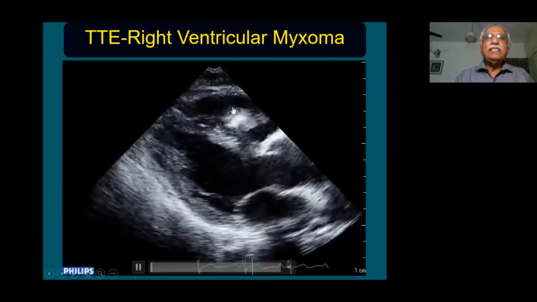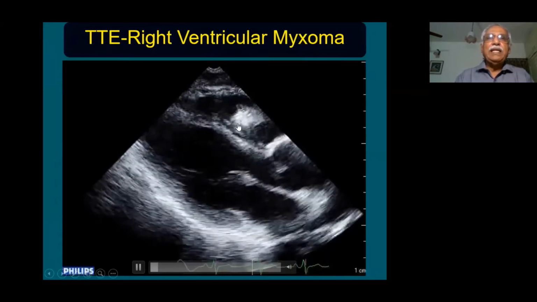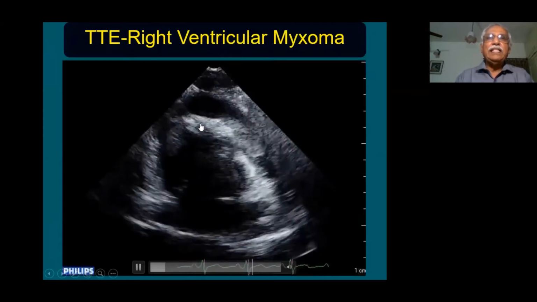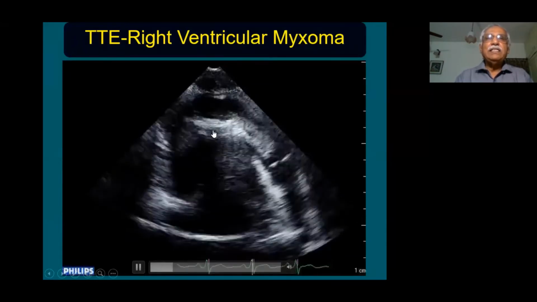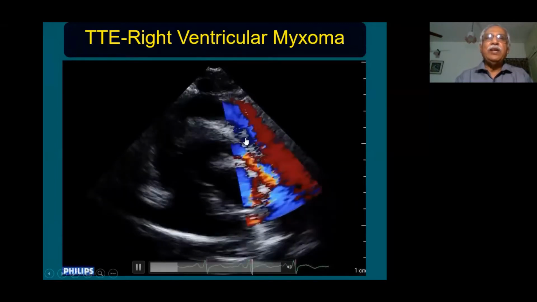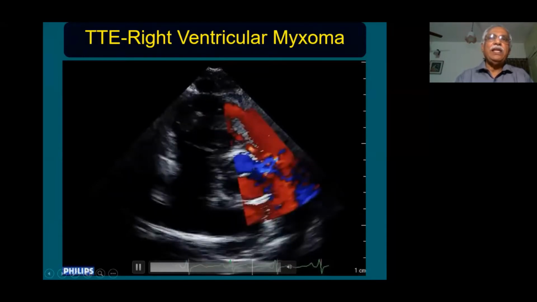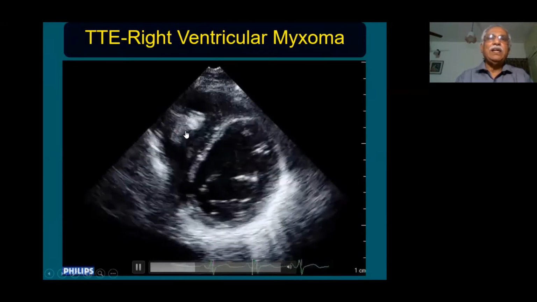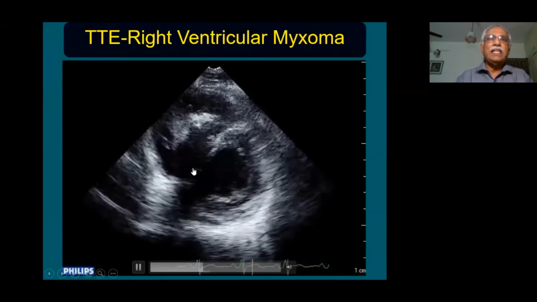There is another mass inside the right ventricle. The mass has got a bright central portion, indicating that the mass is calcified. So the calcification of the mass tells you that it should have been present for a large number of years, and it is getting calcified. That itself tells you that it is very unlikely to be a malignant one. So here you can see the calcification and the after shadow of the calcification.